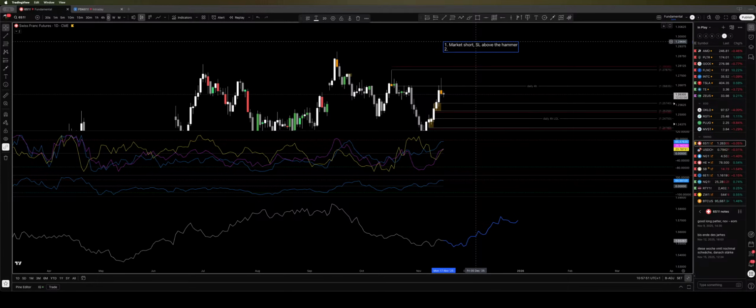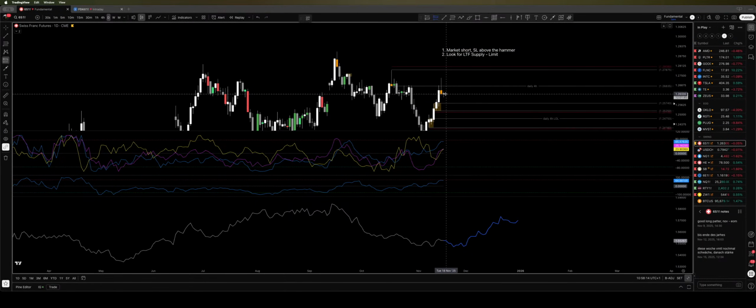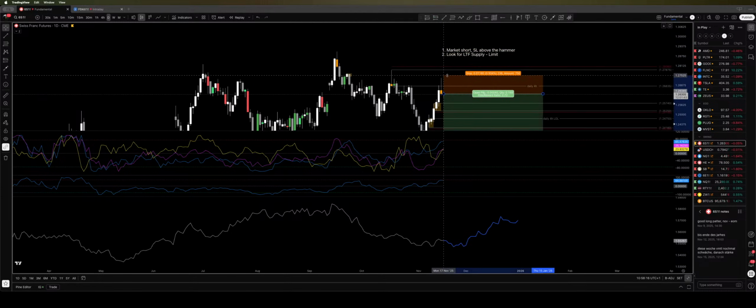The second option: look for a lower time frame supply limit. And the third option, to be honest, there isn't a third option. If you want to short it, I would rather either go market like this